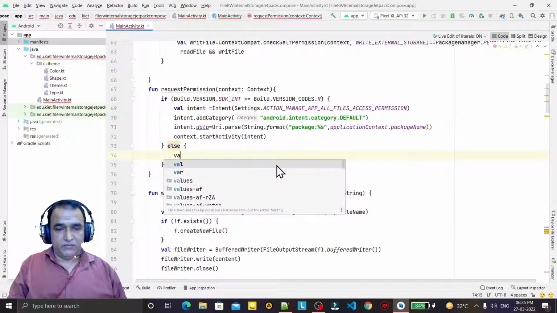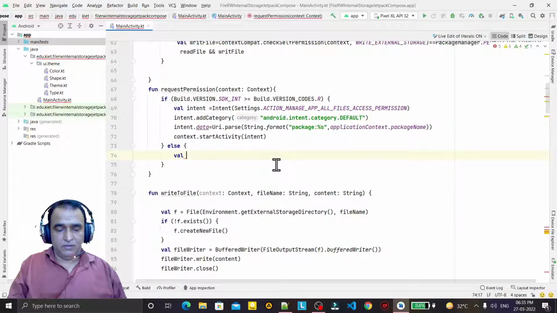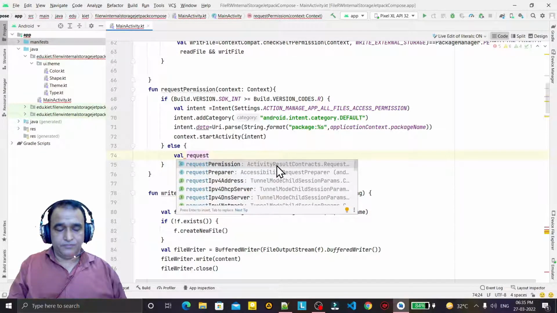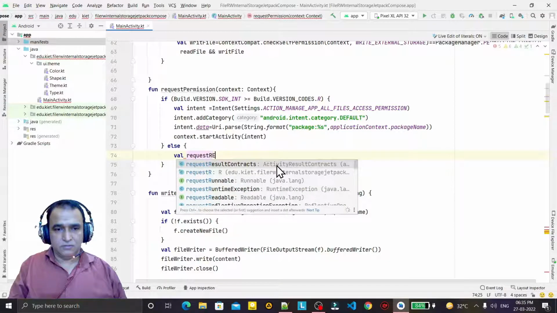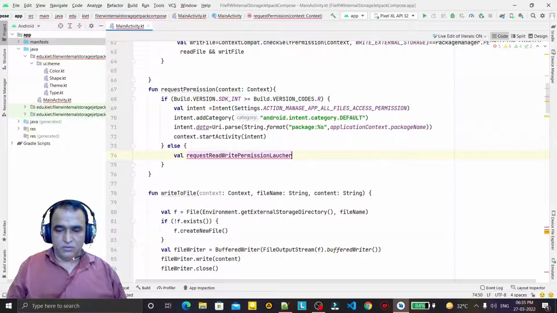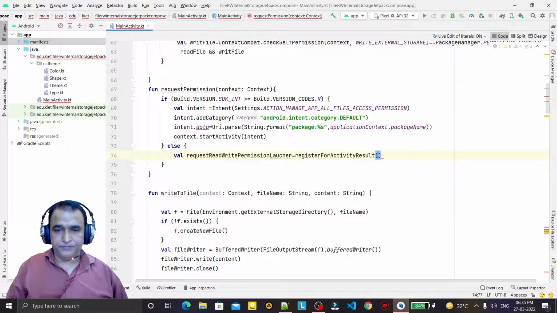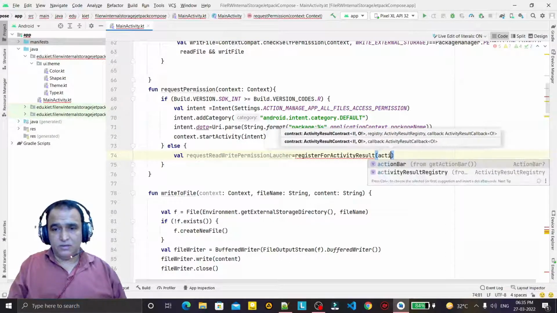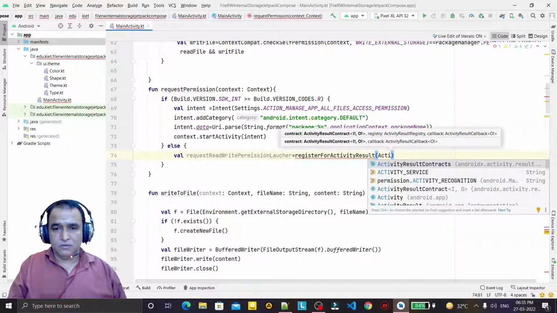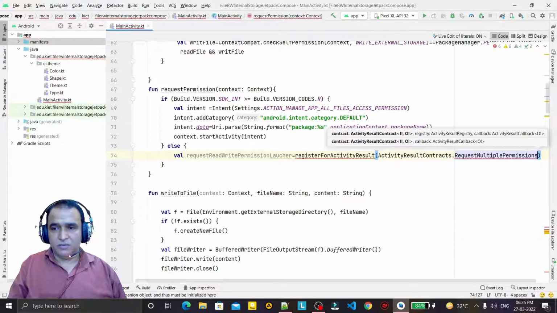So first of all I say val, and you can say request read write permission launcher equal to, and I say register for activity result, and here I pass activity contracts dot request multiple permission like this,